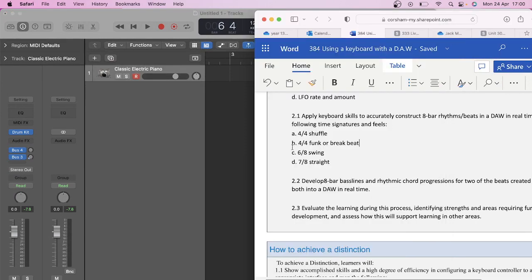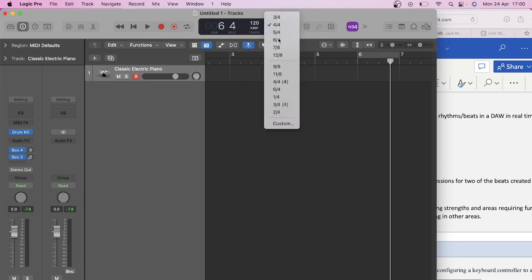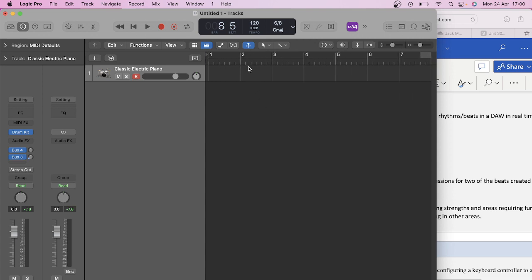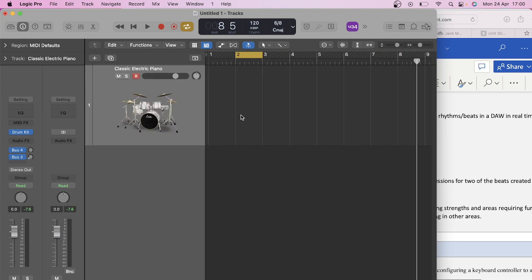6/8. So 6/8 easy. We're going to click at the top here. Click that, change that to the time signature of 6/8. Change project signature, and then we're going to highlight 1 bar. Again, I'll just give you 1 bar worth of beat, and then you can kind of use that to then copy and make your rest, right? So I'm going to pencil in,